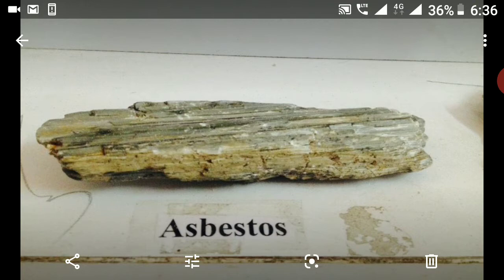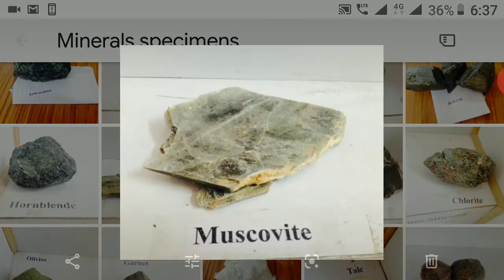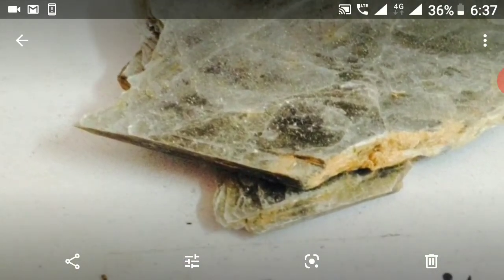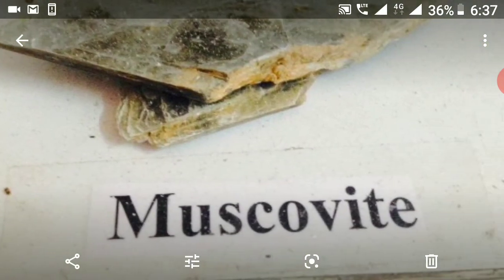Foliated, consisting of thin and separable lamella or leaves. Example, mica. Mica is the best example for foliated. Foliated means the minerals are formed in the form of layers. Thin layers formed one over the other is called foliated. Mica is the best example, both muscovite and biotite micas.